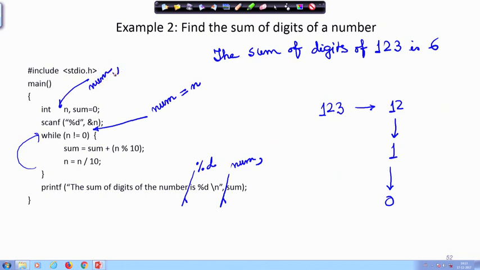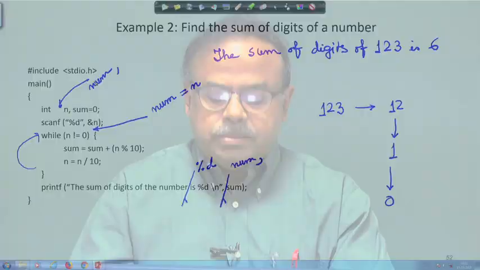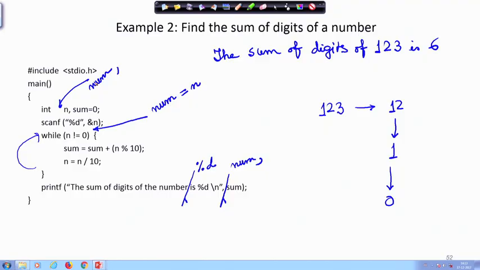I must declare num as an integer, otherwise it will give you syntax error. All right. So, this is another nice example of while, using which we can find the sum of the digits of a number, right.